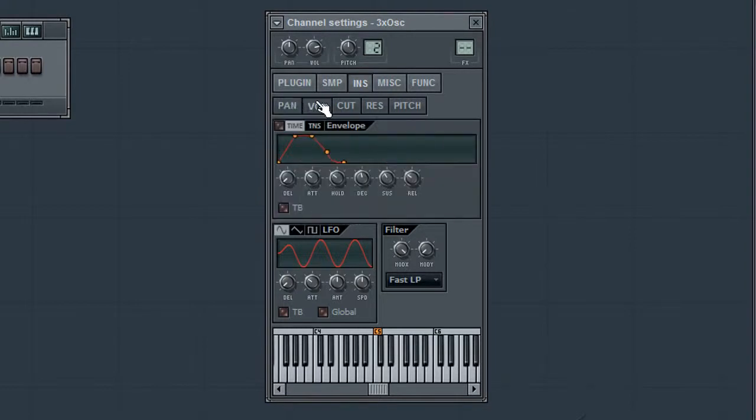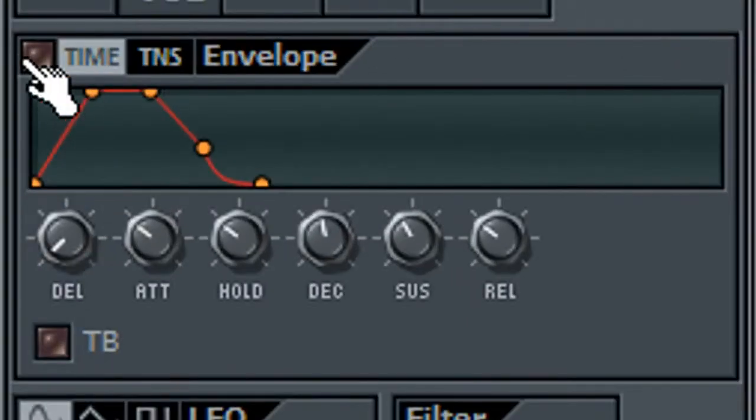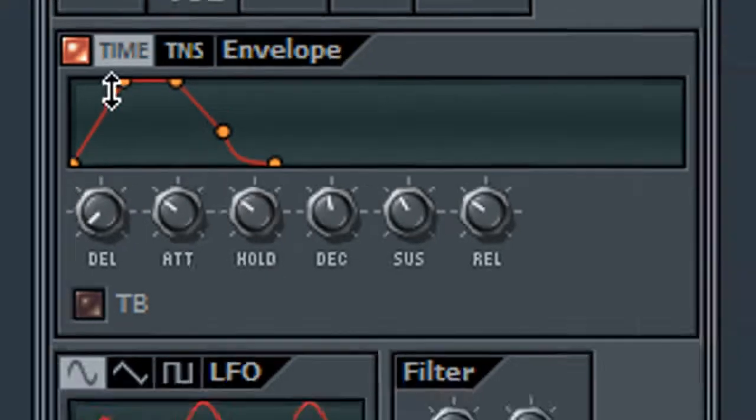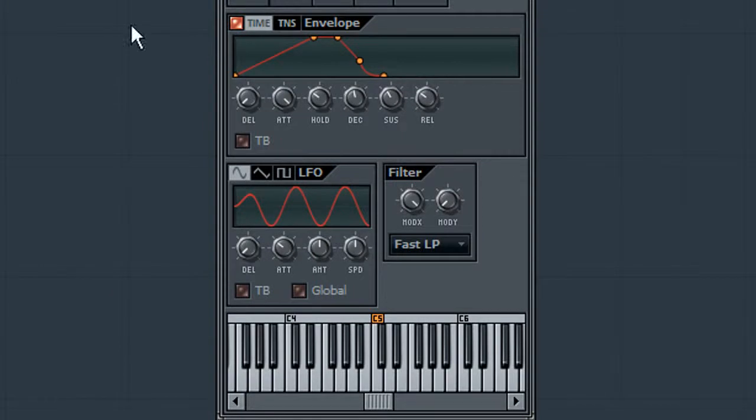Right now we're just going to take a look at the volume function, and obviously the volume function is the volume of the instrument sample, and we can adjust how that volume reacts to your keyboard input or how it reacts in the piano roll when sequenced. Right now the envelope is not enabled, so this is just kind of the default sound for the 3x oscillator. Once we enable the envelope right here, now this envelope is active. The attack is this slope. If we make this attack really long,